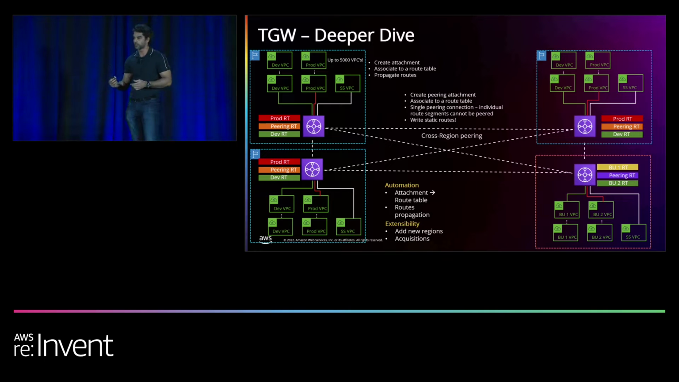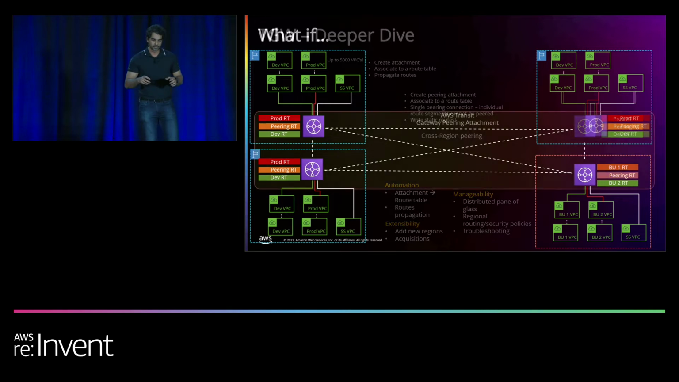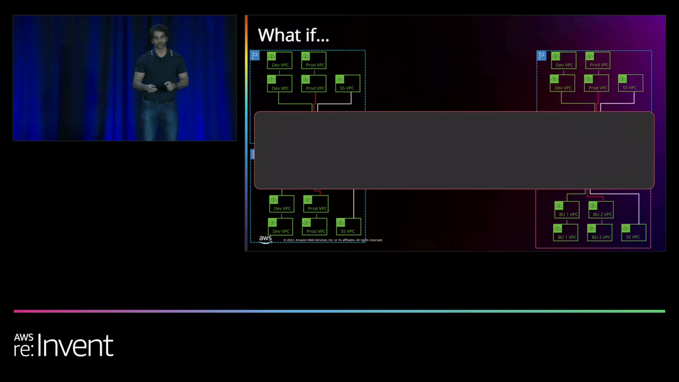Extensibility: adding new regions means creating the entire thing, like attachments, peering, etc., from scratch. What you're getting here is a distributed pane of glass because Transit Gateway is a regional service. So you're defining regional routing and security policies and somehow trying to bring them all together, which is not easy. So what if we could take this Transit Gateway peering mesh and create a global service on top of it,